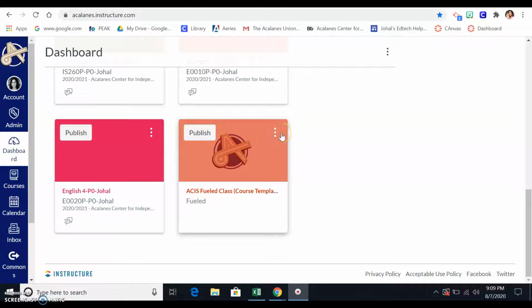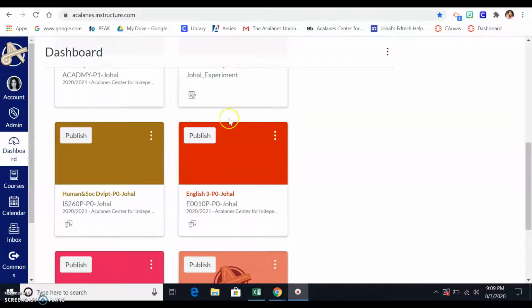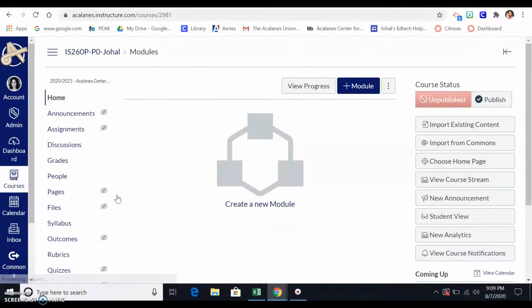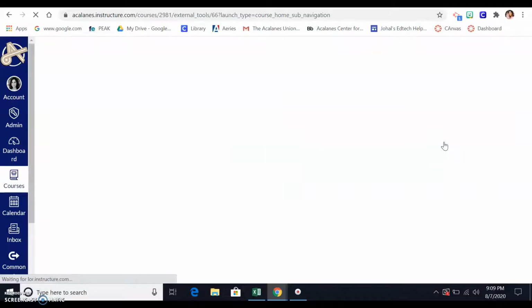Hey CIS teachers, when you go to your Canvas account, you're going to notice that your FieldEd classes are populating as a zero period. For example, I teach Human and Social Development in FieldEd, and it's showing up as a zero period. I want you to click on your class, and I want you to import from Commons